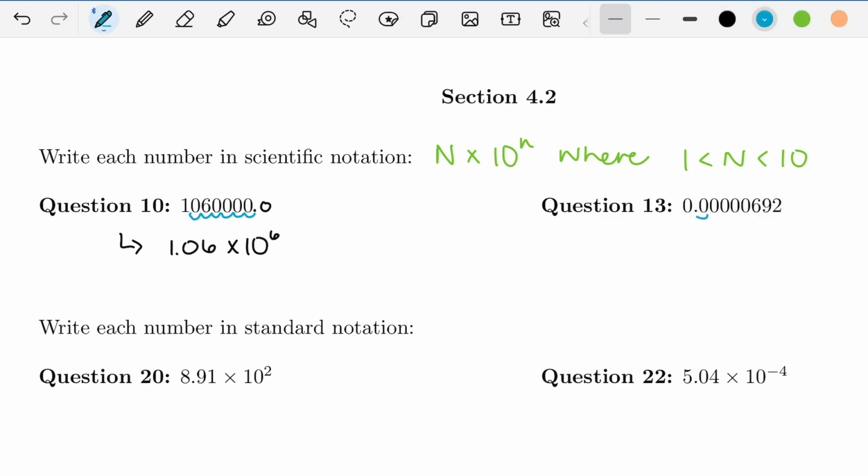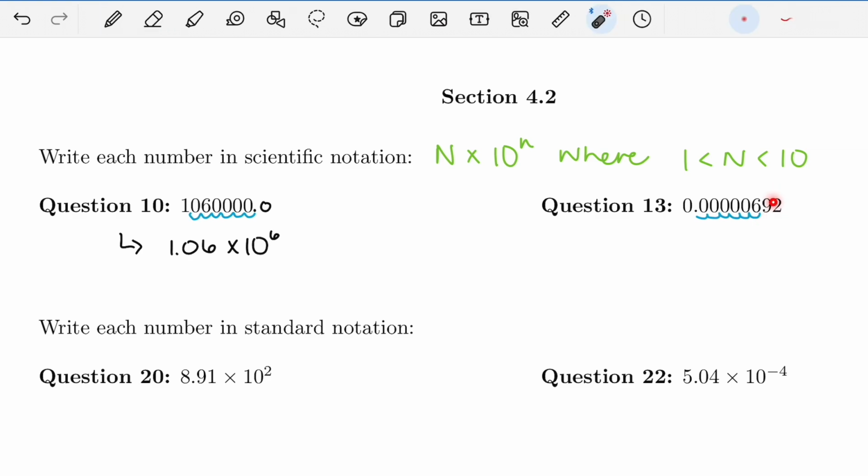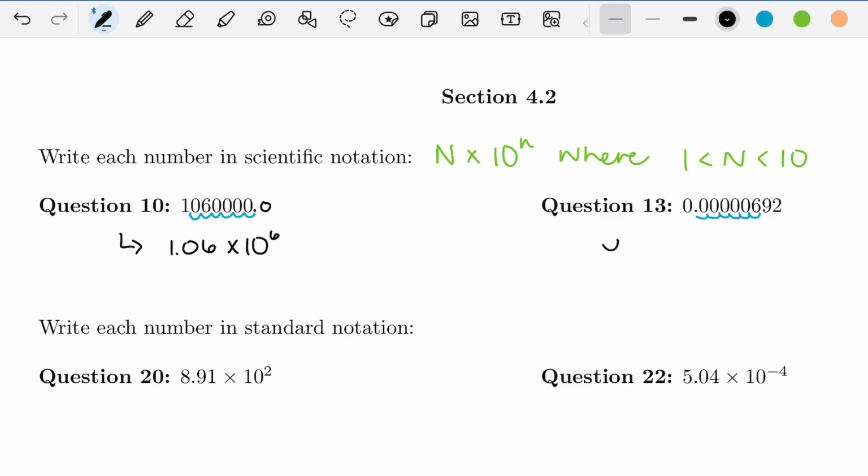We're going to move this decimal 1, 2, 3, 4, 5, 6 units to the right. Now, the reason why I'm not putting the decimal in between the 9 and 2 here is because then I'd be left with 69.2. And 69.2 is a number not in this interval, but 6.92 is a number in between 1 and 10. So our capital N here is going to be 6.92